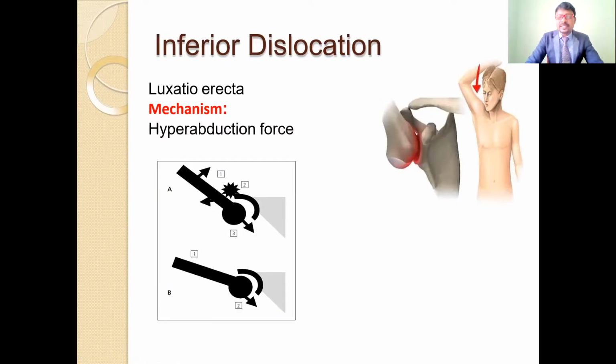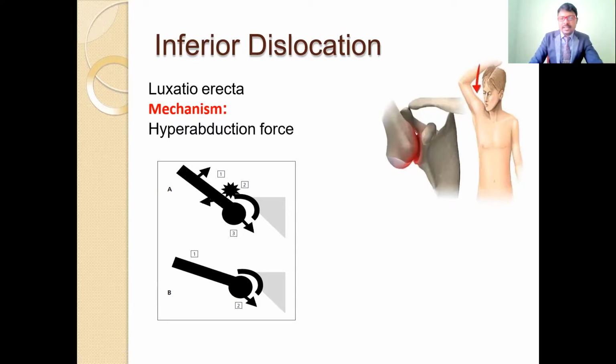And also, if you see this, the symptoms are also the same. If anybody gets capsular stretch, there is pain, swelling, deformity, and inability to do movements. These are the common symptoms. But we are going to find some special signs and investigations, and some special signs we are going to identify. According to the investigation procedures, we can diagnose whether it is anterior, posterior or inferior.